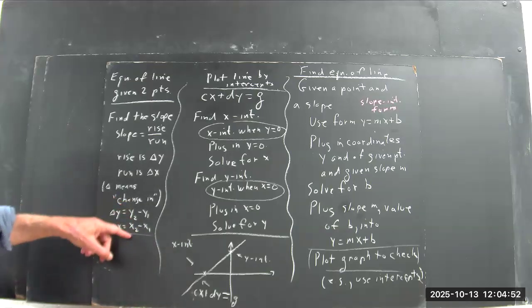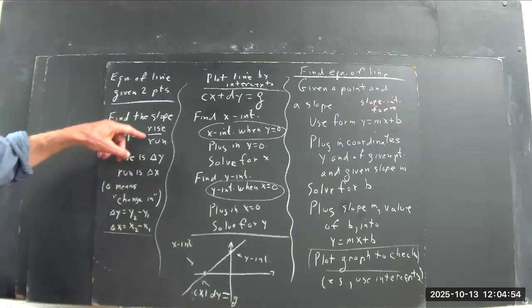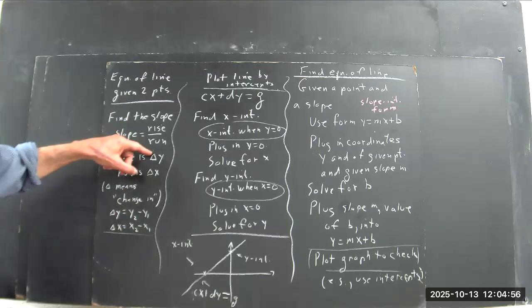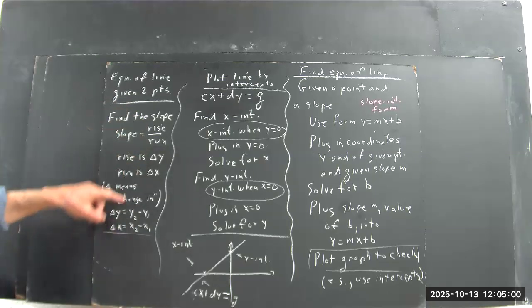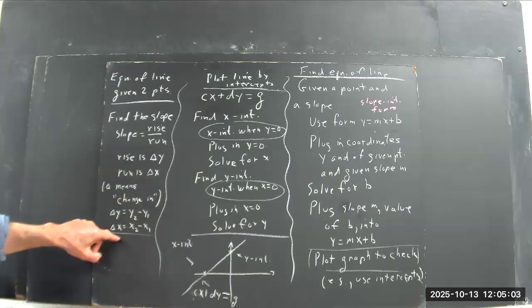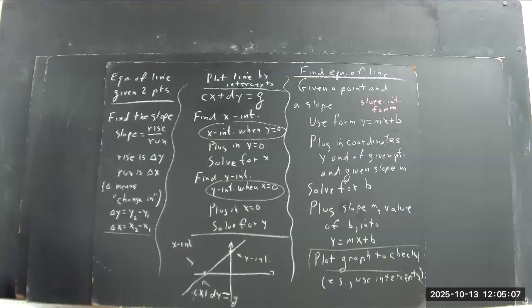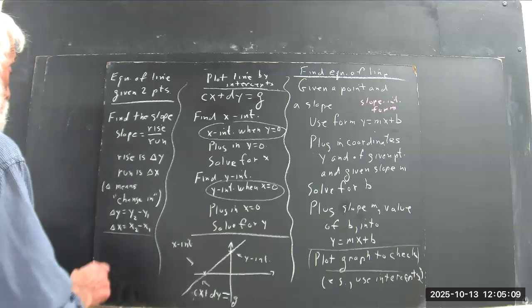But it's helpful to understand that so that rise is delta y, it's y2 minus y1, and divided by run, which is delta x, which is x2 minus x1. Sort that out in whatever way. But in any case,